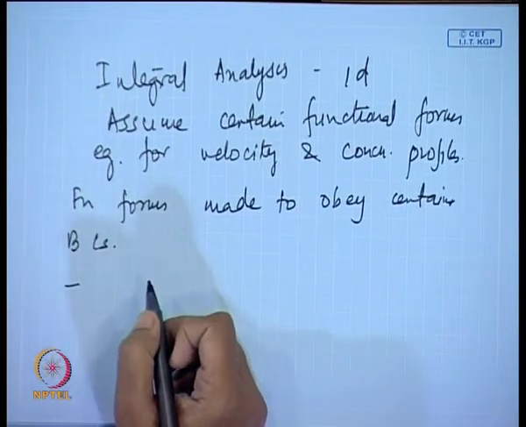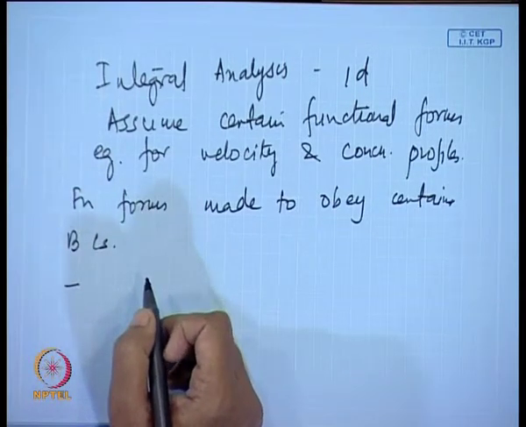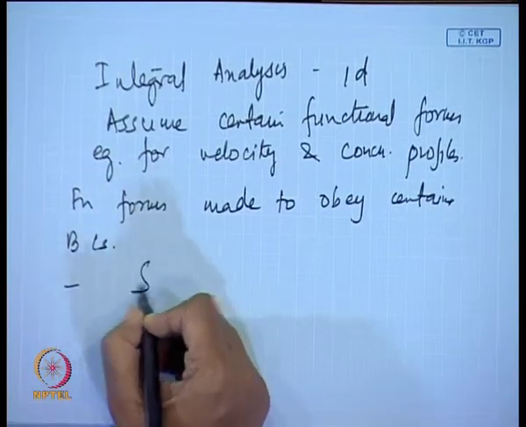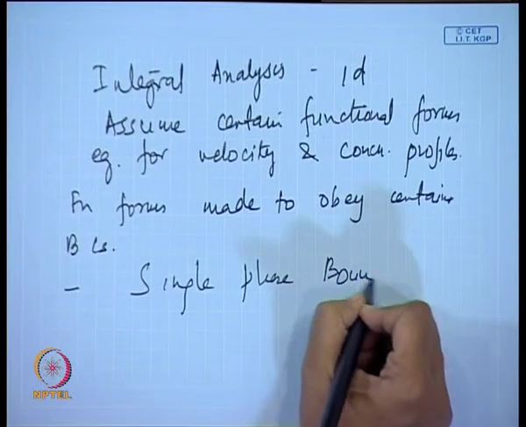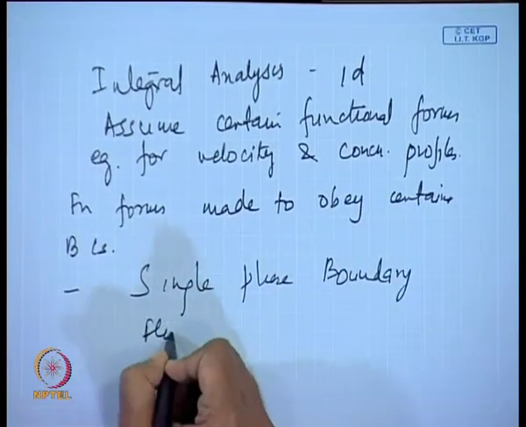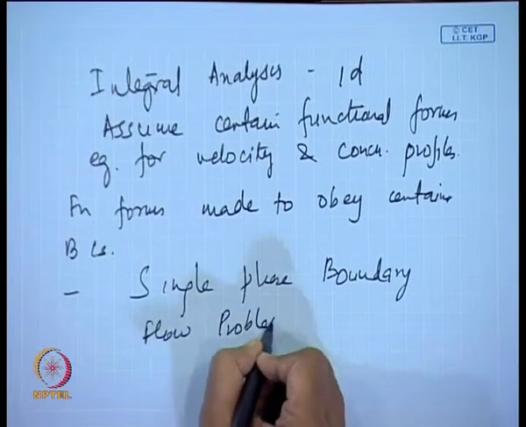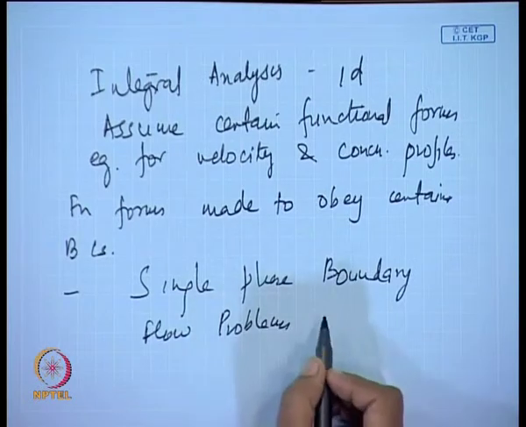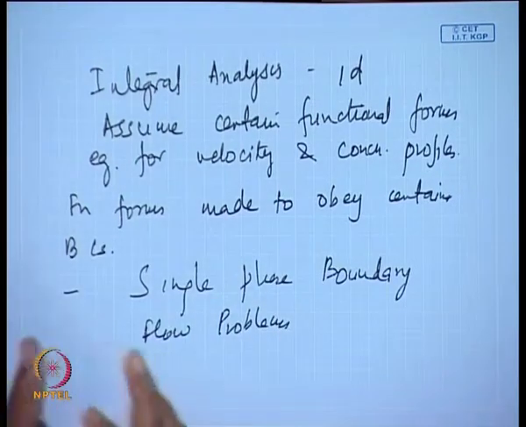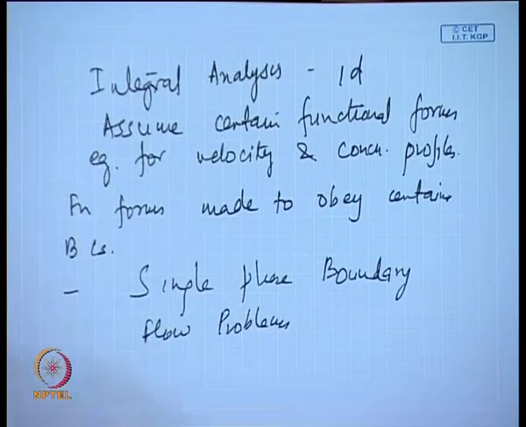This particular thing we use quite frequently in single phase flow analysis, we use them for the single phase boundary flow problems, isn't it? There we assume some sort of a parabolic profile or certain things for velocity, and accordingly after that we try to integrate that, assuming that r equals 0, u equals 0, r equals capital R, u equals u max or something, we integrate it and then we finally get the velocity profile. Okay. Same thing happens here also.